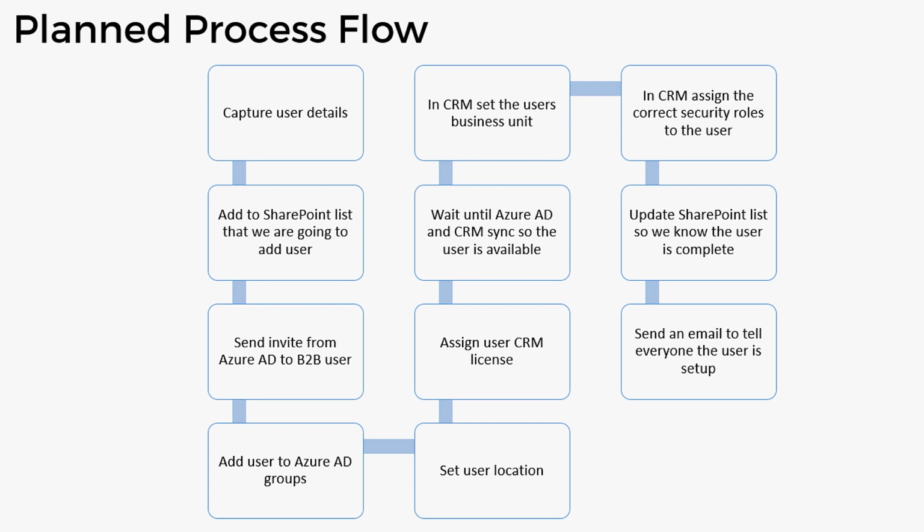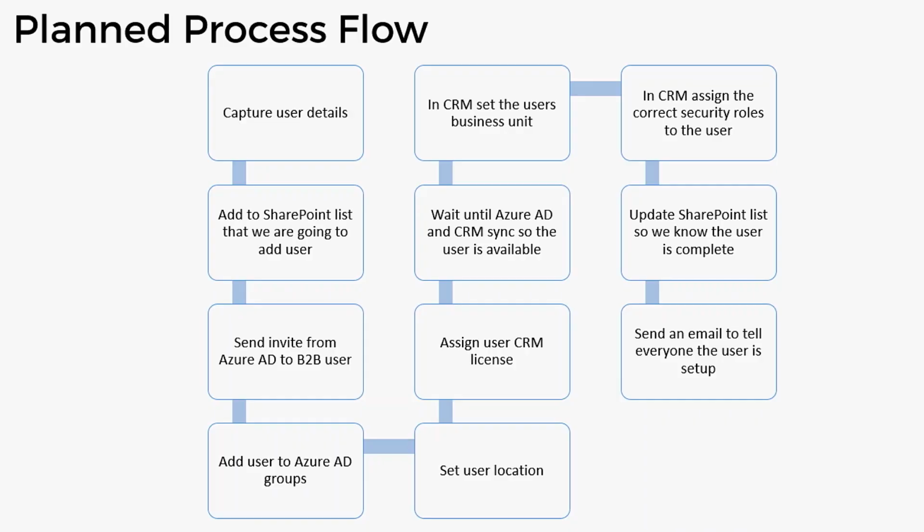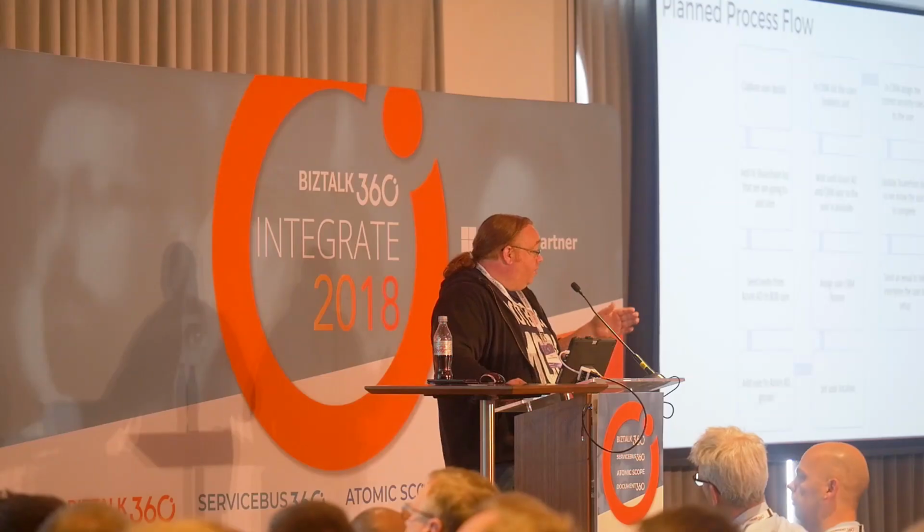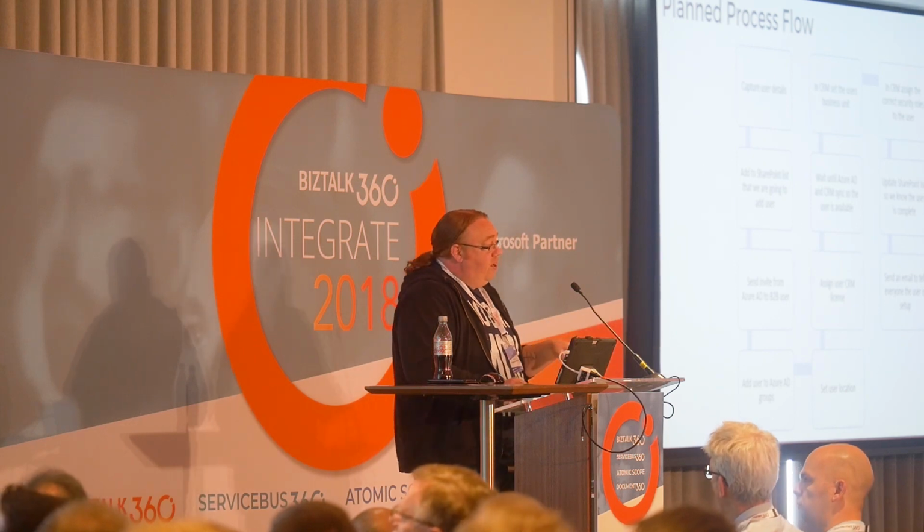We're then going to do this invite from Azure AD, so it'll send an invitation email to the user. They'll accept that. We have to add the user to a couple of AD groups, so by adding them to groups, that makes them magically appear in CRM the way we've got it configured. One of the things that's a little bit of a twist is there's a delay in the synchronization between Azure AD and CRM, so you can't just do one task and go and do the other one straight away.